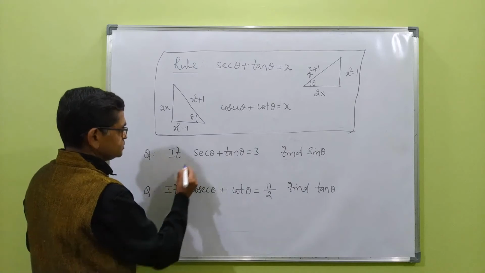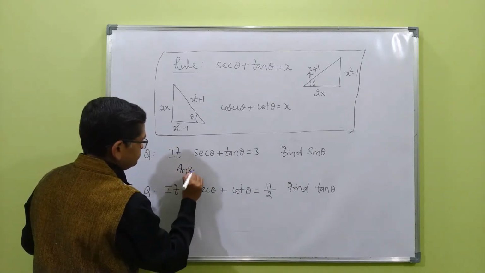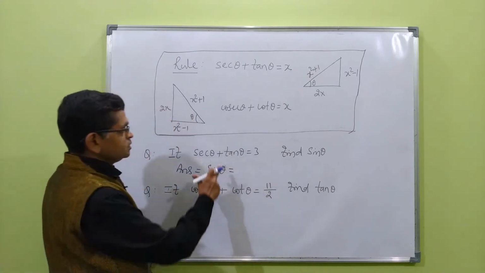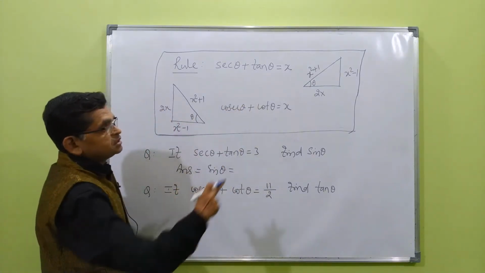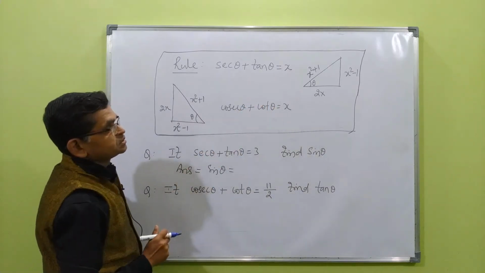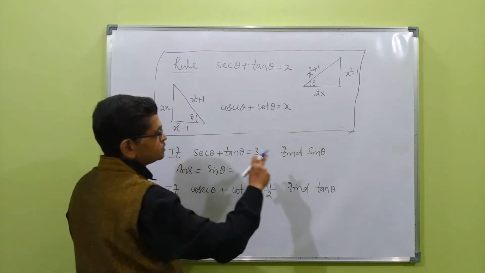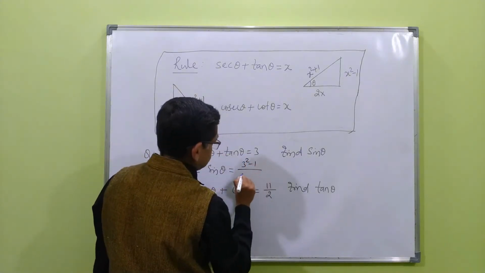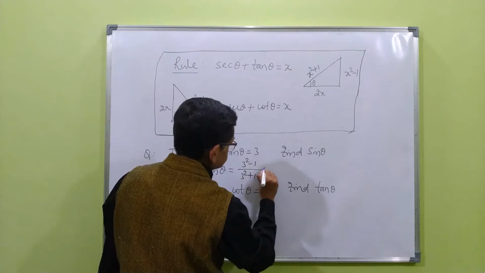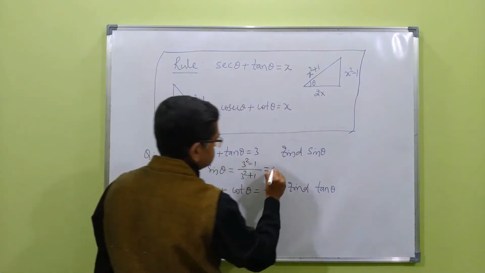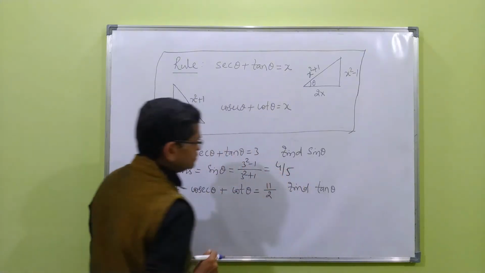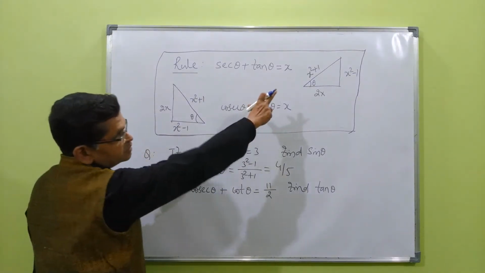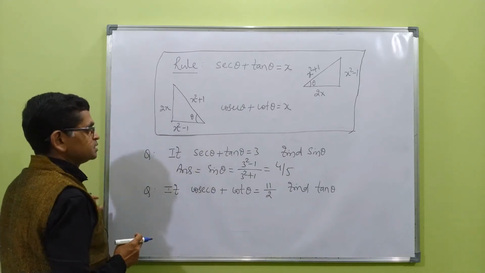sin θ is equal to, so this is the relation, sin θ is opposite side by hypotenuse. The opposite side is x squared minus 1. x is here 3. So 3 squared minus 1 divided by 3 squared plus 1. That is 8 by 10, which is 4 by 5. So in 3-4 seconds you can solve this kind of examples if you are familiar with that relation.